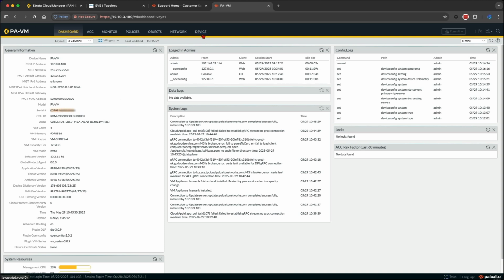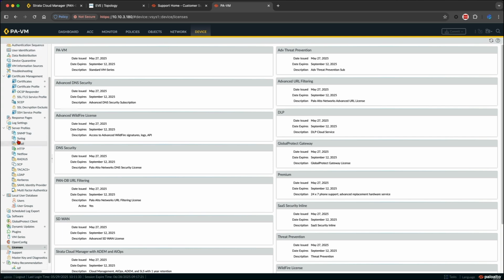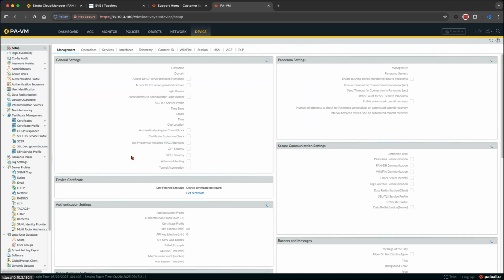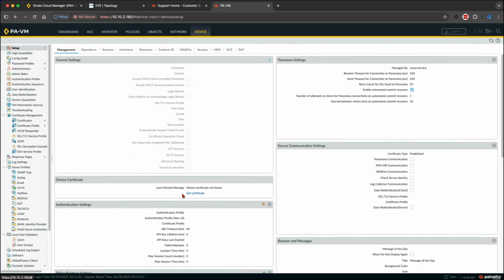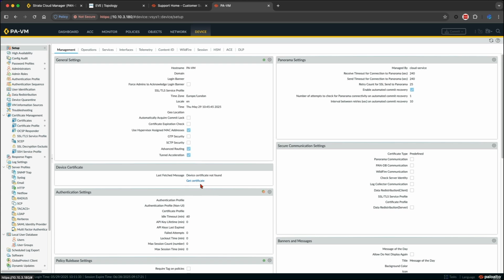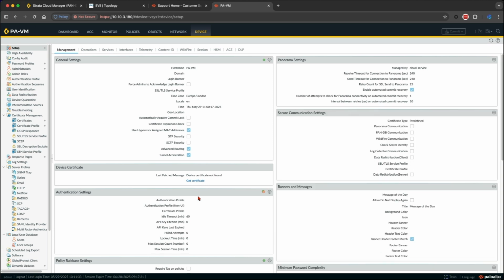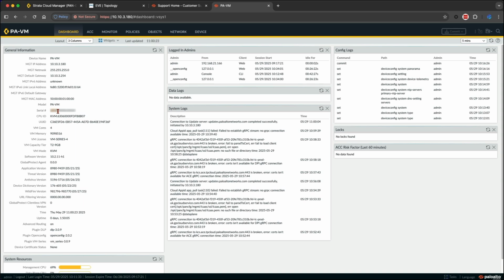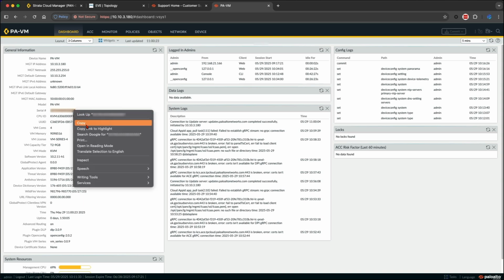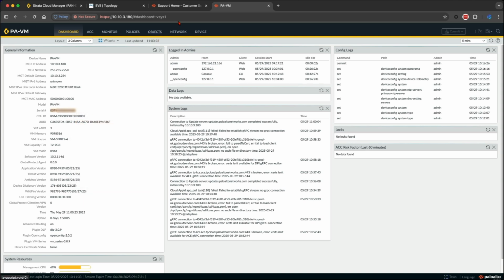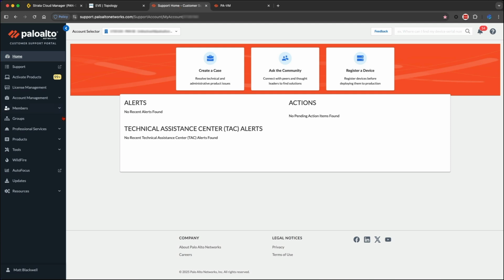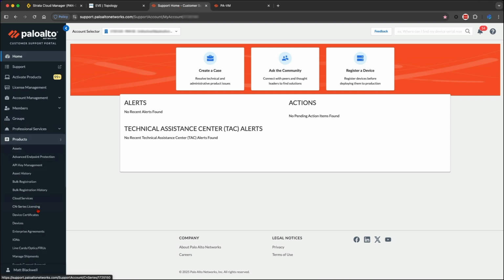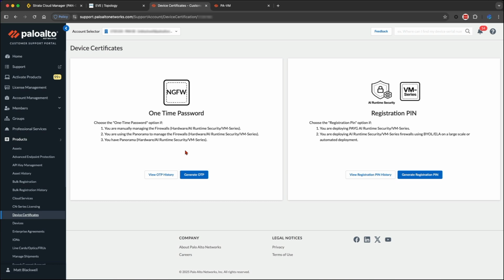Now a really crucial part is to install a device certificate. So if we go back to Setup, you can see here that there isn't a device certificate installed. This is essential for authentication with the customer support portal. So what we're going to do is go over to the dashboard, copy the firewall's serial number, go to the customer support portal, click on Products and Device Certificates, and then we're going to generate